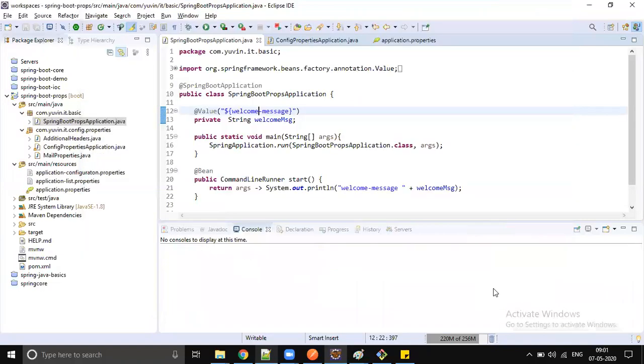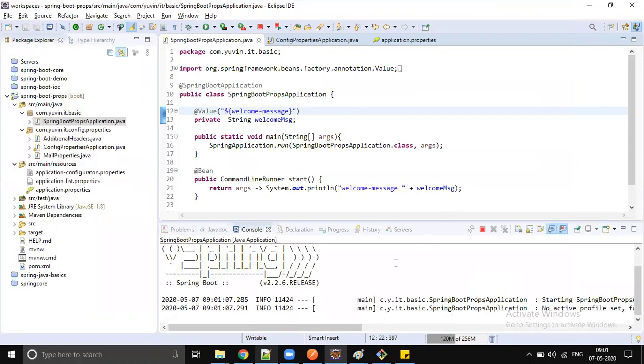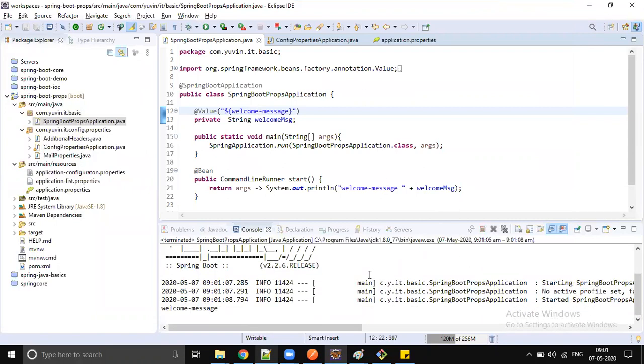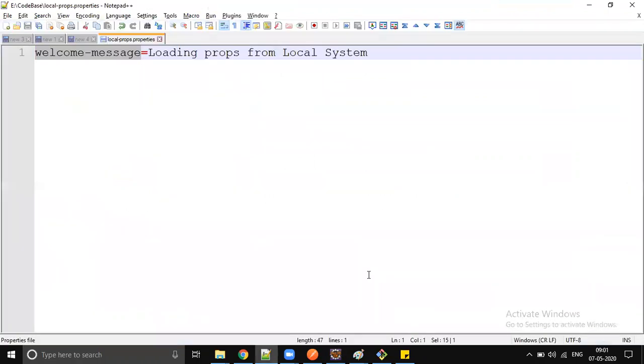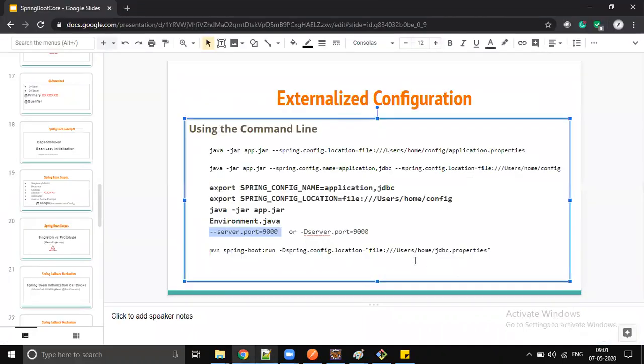Apply, run. It can pass, there is no doubt at all. We already tried this and it's working fine. This is a predefined property, so you can change the port number.